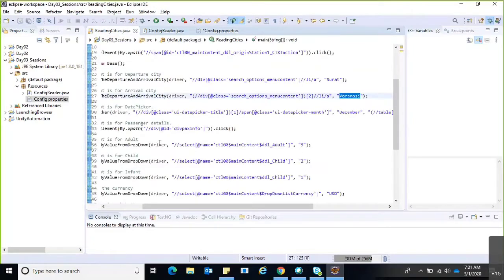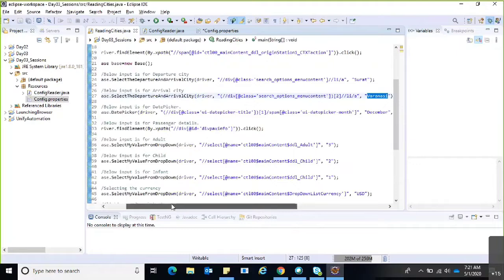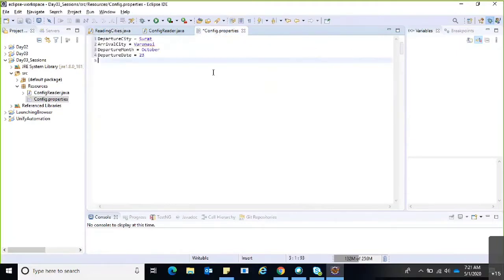What should we pass again? We should mention the number of adults, children, and infants. Number of adults, that is 3. Number of child, that is 1.